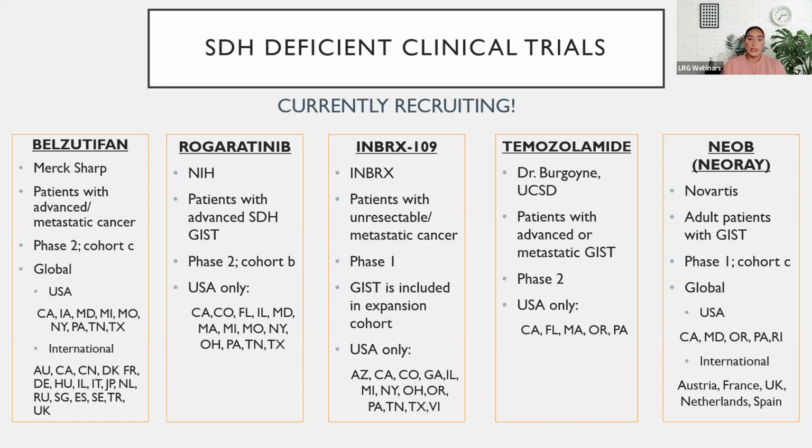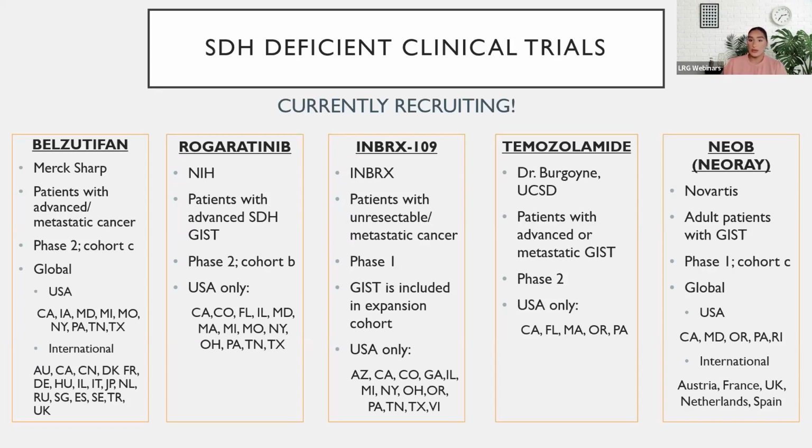The next trial is Inhibrx 109, which is a trial by Inhibrx that is a phase 1 open label, first-in-human study with patients with locally advanced or metastatic or unresectable solid tumors, including sarcomas. Again, this is another trial that is not just GIST specific, but GIST is included. It is in the expansion cohort of this study. The study, like I had mentioned, is not just GIST specific, but there are other solid tumors, including Ewing sarcoma,